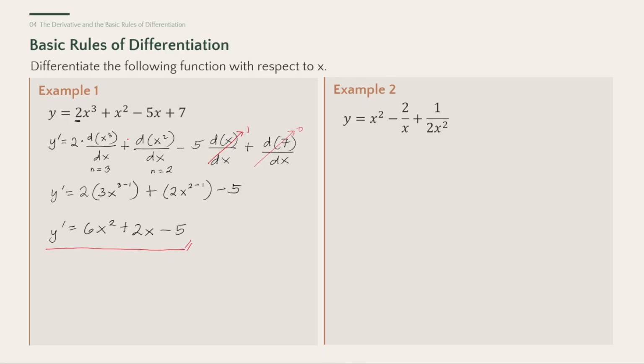Don't worry, I will not require you to show the step-by-step process if we're dealing with easier functions just like this one. You can just use the technique that I mentioned earlier. Just multiply this. 3 times 2, 6. And then subtract 1 from the exponent. Similar here. The coefficient of x squared is 1. It's just hidden. We don't write it when the coefficient is just 1. 2 times 1 is 2. 2 minus 1 is 1. Okay.